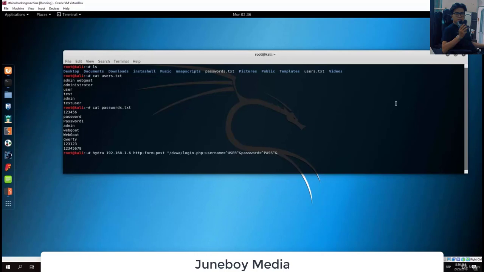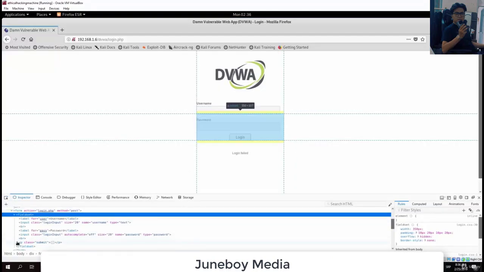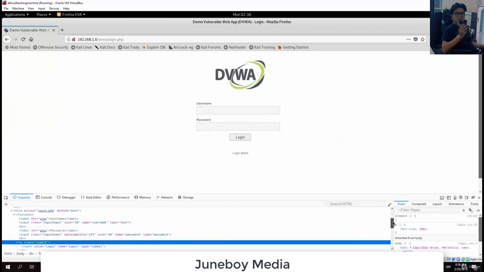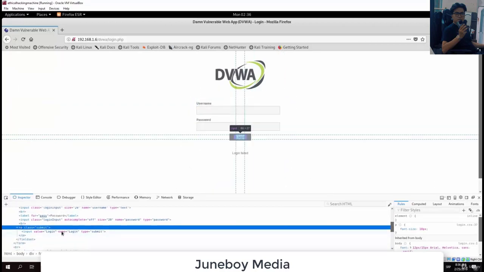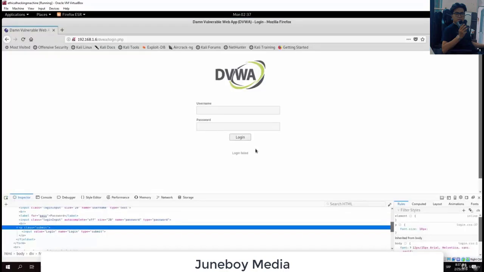and then we want to specify the login button, which is called login, as we can see right here. So as we can see the submit, we should type here submit equals login, or login equals submit, since the name of the button itself is login and the action is submit. So let us just type that, login equals submit, and then we specify another two dots, which means to divide these sections, and we specify the string that we get once we provide a wrong username and password, which is login failed. So let us just copy this,